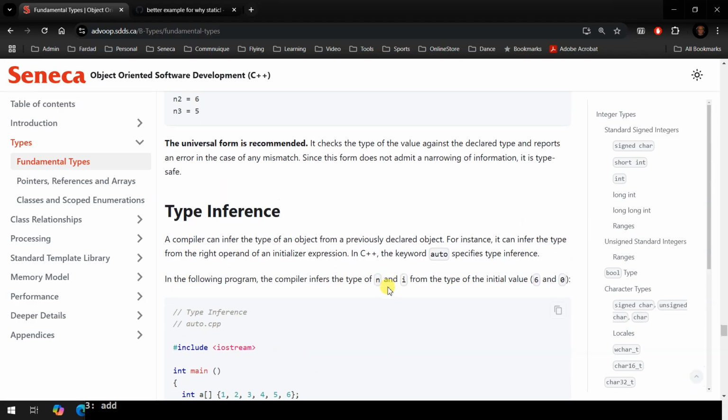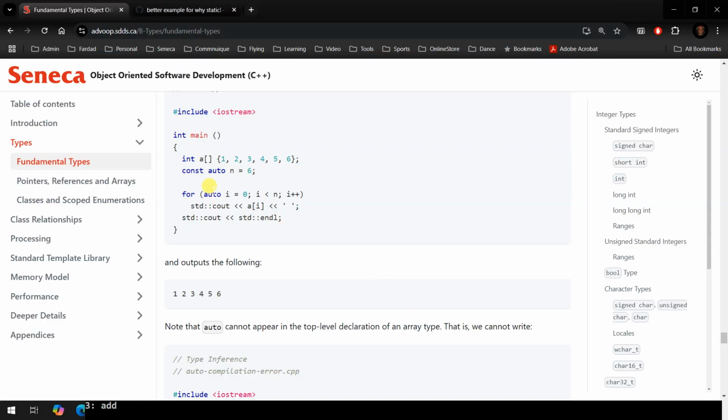The auto that we have is something you're going to find the need for a few weeks from now. For now, we have no use for it. Automatic types are essentially done through initialization.